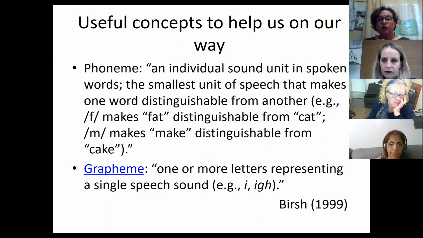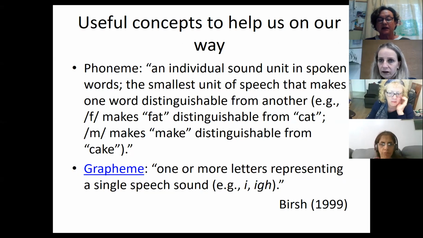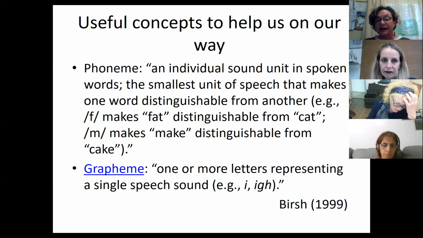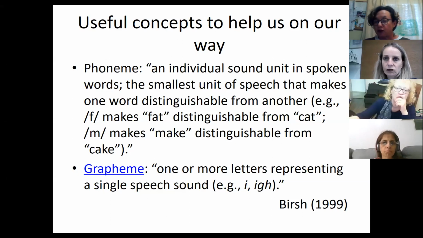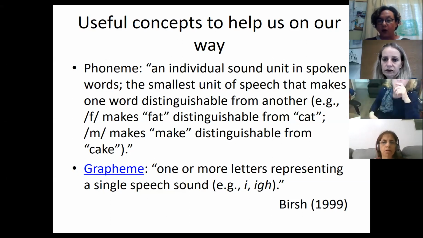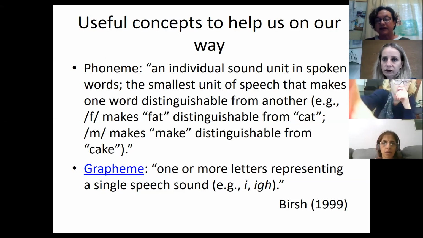And a grapheme would be one or more letters representing a single speech sound. So for example, I've given here these examples of the letter I, which can represent a phoneme I or E. But you've also got another grapheme here next to that, the IGH, okay, which people sometimes call a trigraph, in that there are 3 letters that make one phoneme, okay, and that makes the I phoneme. So both of those are graphemes, even though one is 1 letter and another is 3 letters, but they both